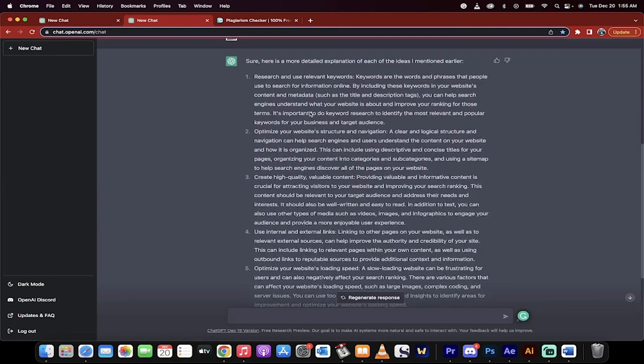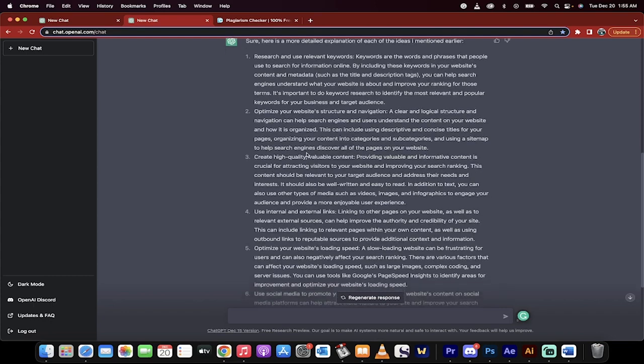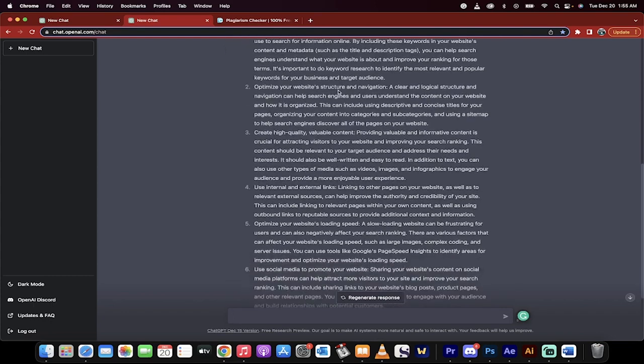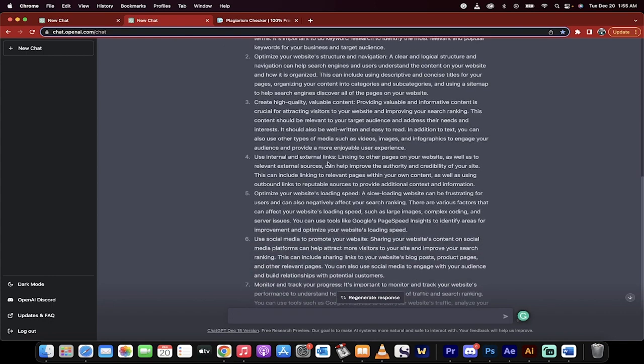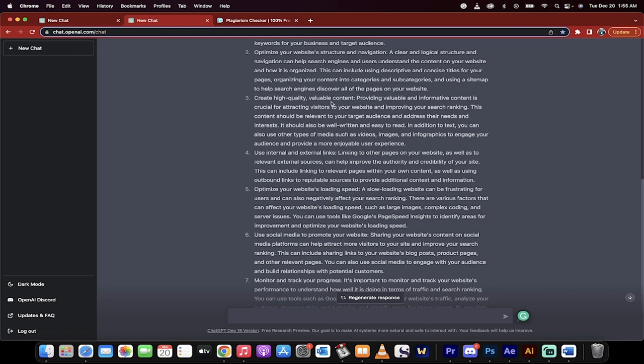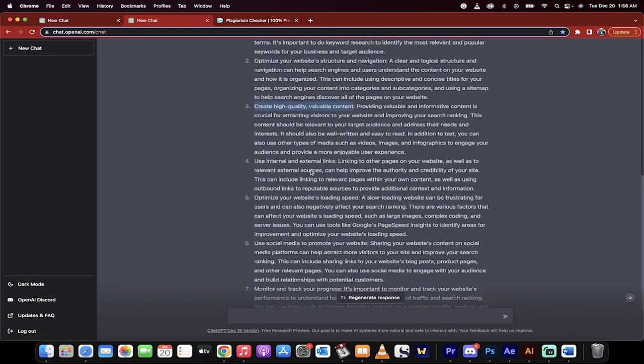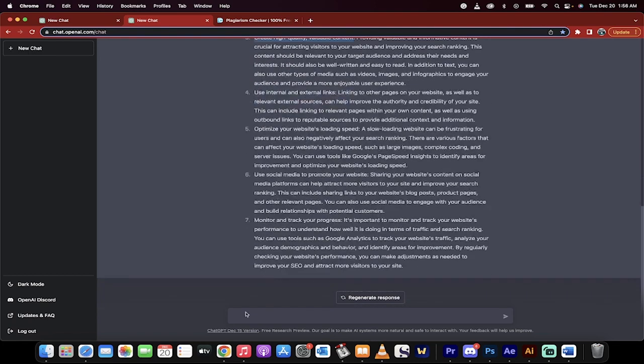So I'm just going to go through this list here. It says research and use relevant keywords. Perfect. Optimize your website structure navigation. Great. Create high quality, valuable content. Okay, let's say that is the topic that I want to write on now. So the ChatGPT here, or the AI, has already been primed. It's already been thinking about this. It's already given us a short little answer on number 3. Now I'm going to go ahead and write a 3,000 word blog post on